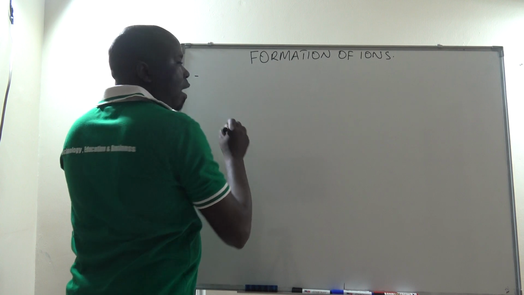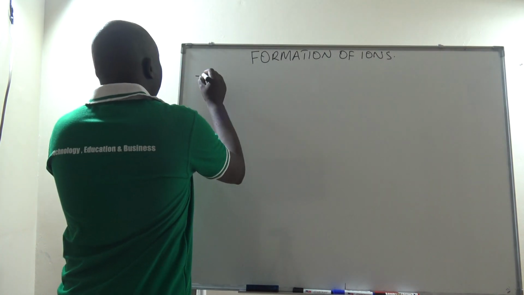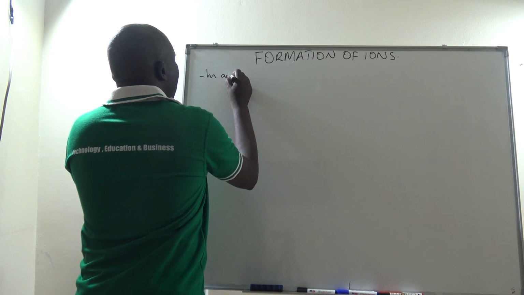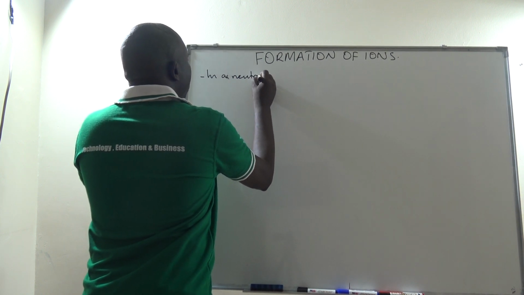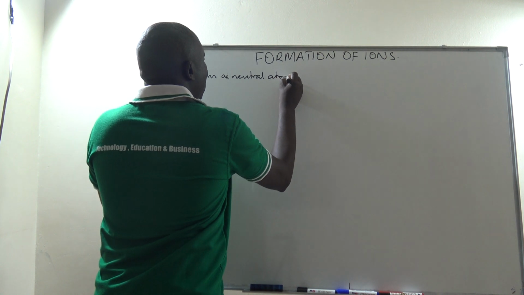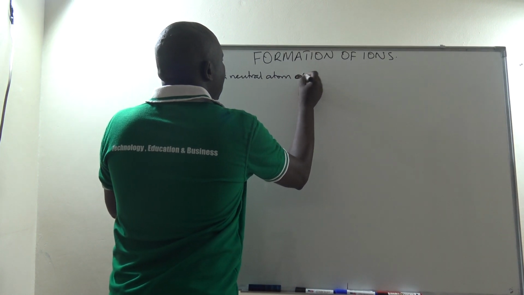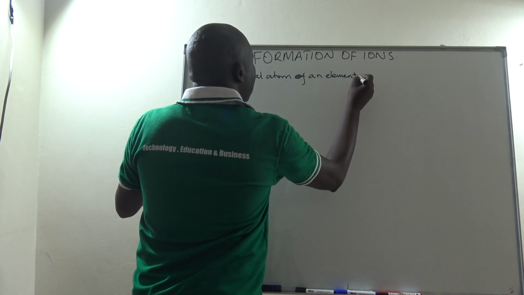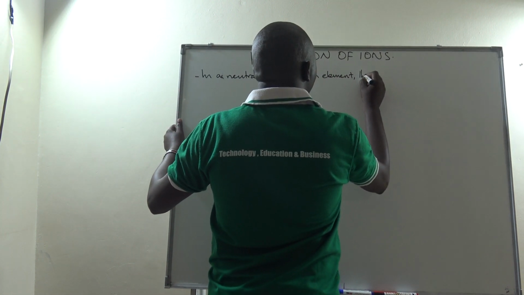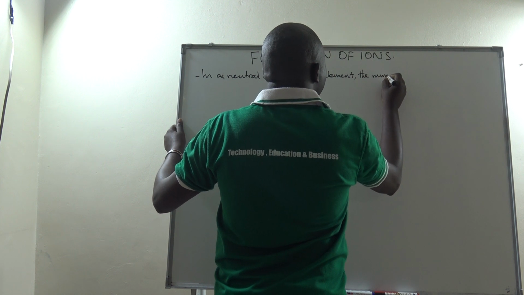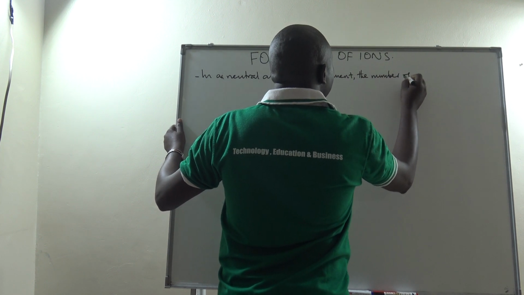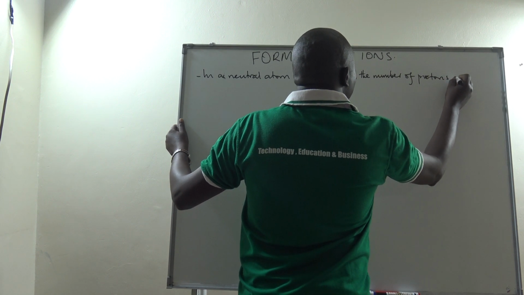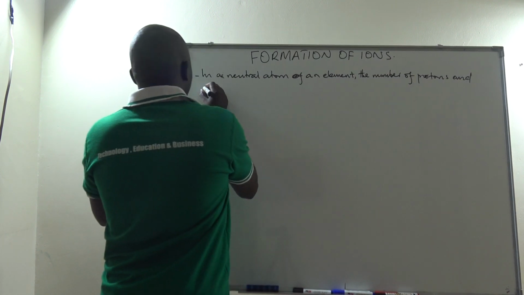Let us continue with ions, and in this case we are going to look at the formation of ions. I want us to know generally something about formation of ions. One, I want us to know the following points. One, in a neutral atom of an element, the number of protons and neutrons